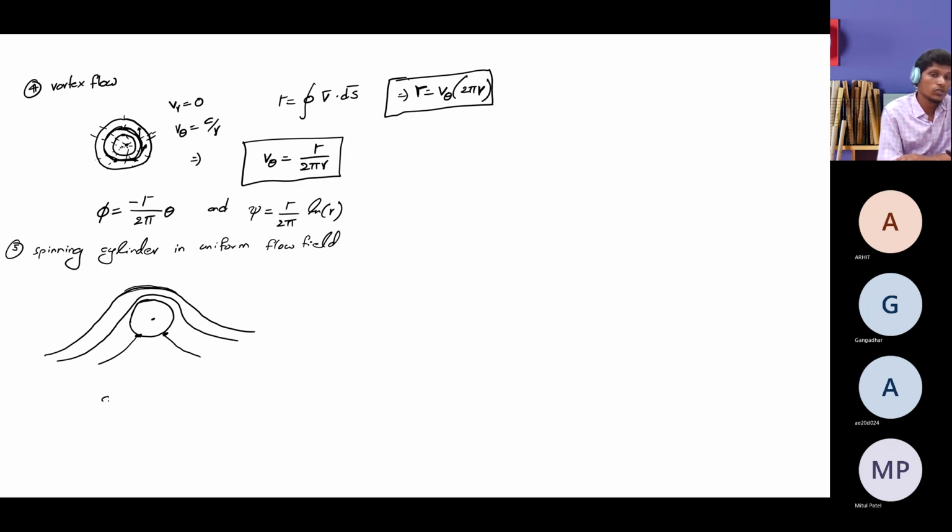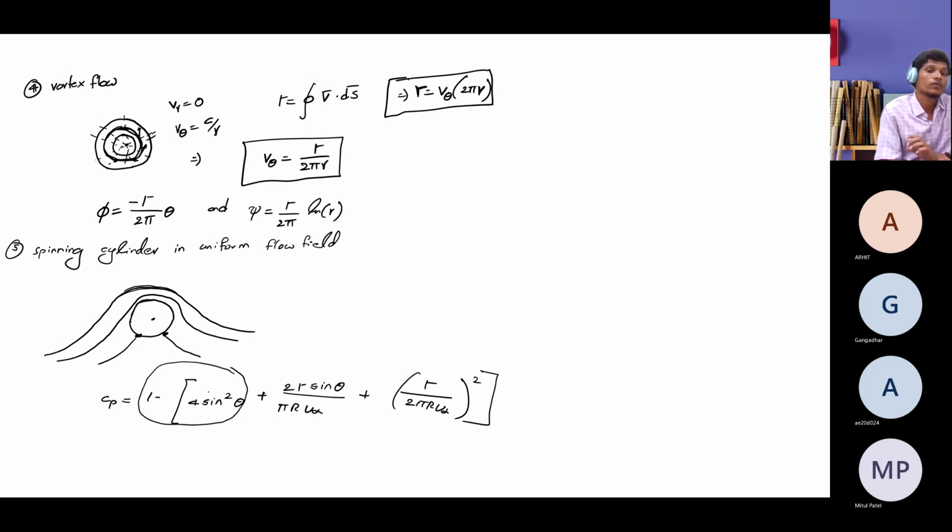And then you will get the pressure distribution Cp equals to 1 minus, earlier we saw up to here, that is 1 minus 4 sine square theta, the pressure distribution for non-lifting flow over the cylinder. If you are doing it for the lifting flow over a cylinder, this becomes lengthier like this. Okay, this is the lifting flow over cylinder pressure distribution. This is a part of the pressure distribution for a non-lifting flow over a cylinder. If you integrate for drag, you will get drag CD equals to 0.